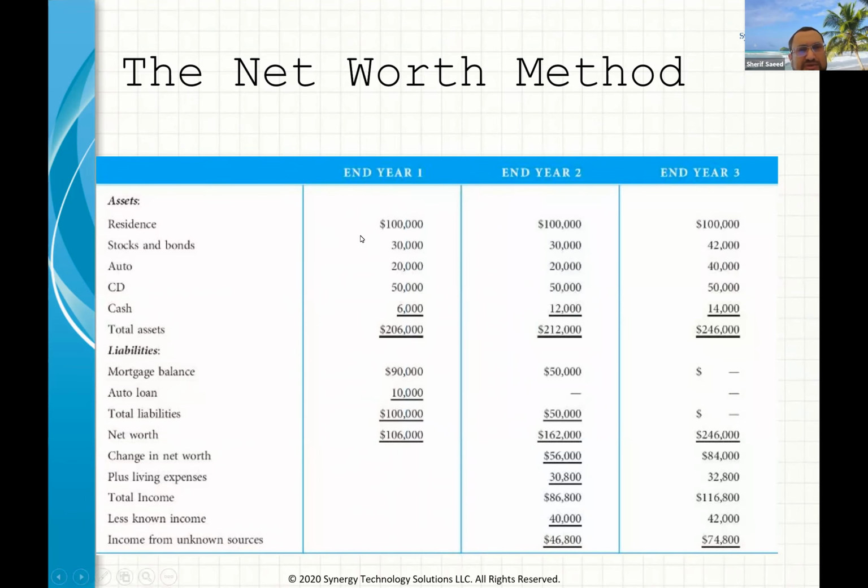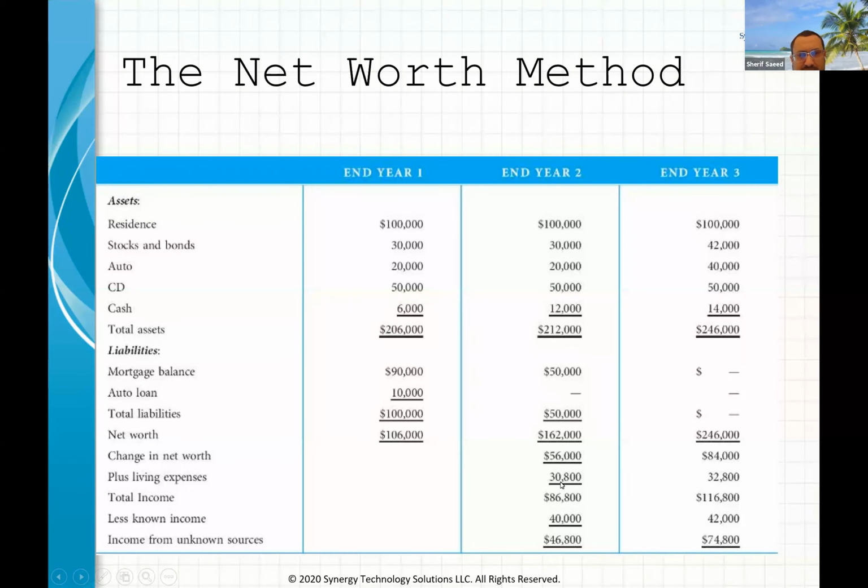So as we said, we add all the assets, we come to the total assets. From there, we take out the mortgage and auto loan, and we come to total liability. So assets minus liability equals net worth. Now this is year one. In year two, we have 162. That is the change in the net worth from 106 to 162,000, which is 56,000 in the second year, plus living